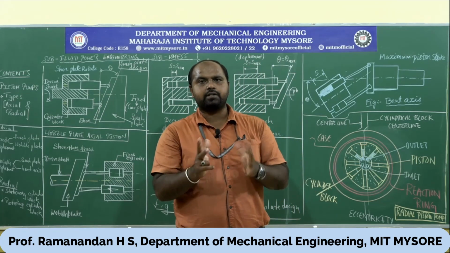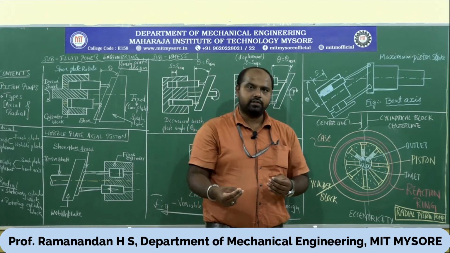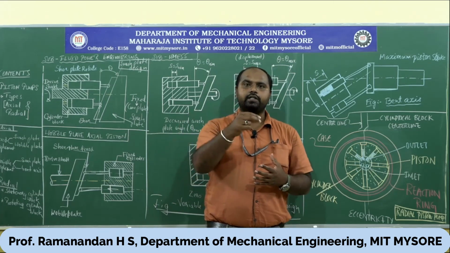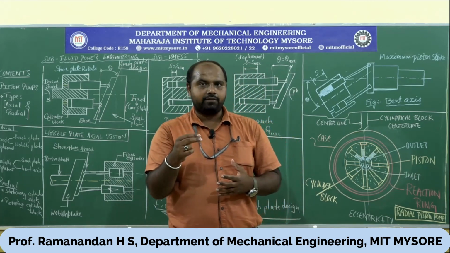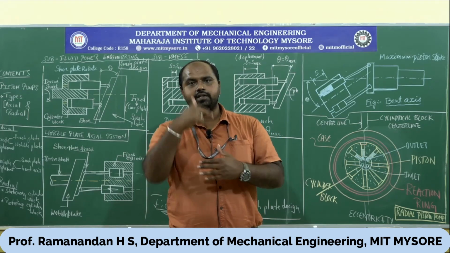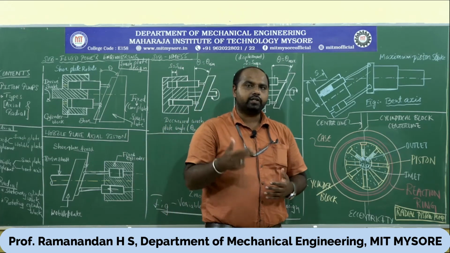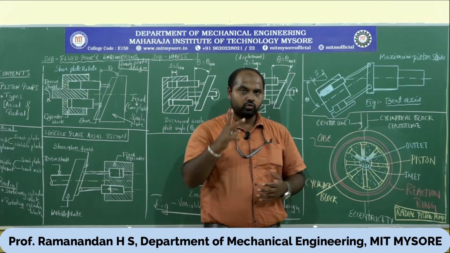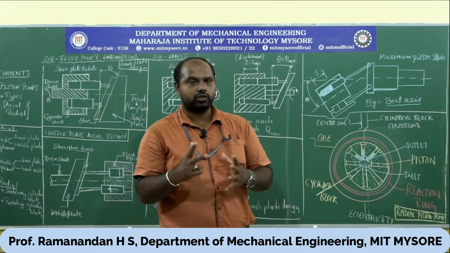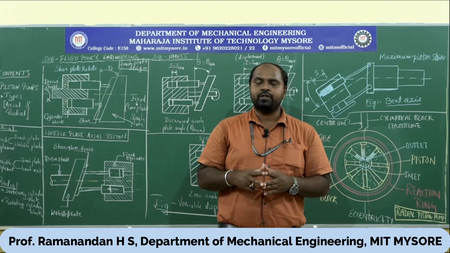So these are the two types based on the connection of the drive shaft. One, you can connect it directly to the cylinder, so the entire cylinder rotates: the rotating cylinder block. Or you can connect the drive shaft of the motor directly to the rotor, so only the rotor is revolving and the cylinder remains stationary: the stationary cylinder block. So there are two types of radial piston pumps, which give you the maximum displacement from the piston pumps.